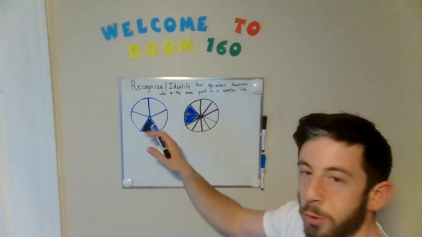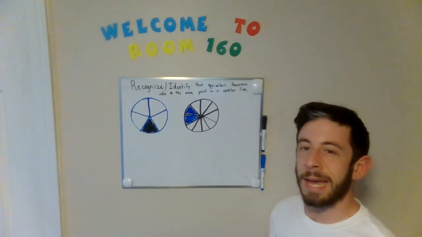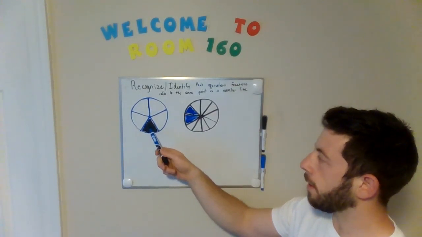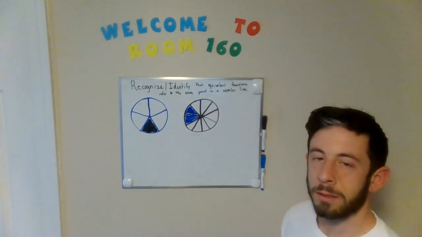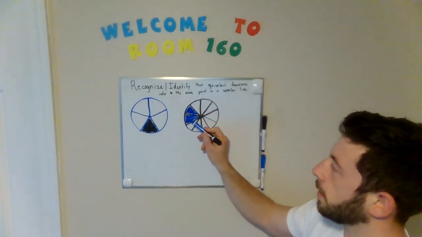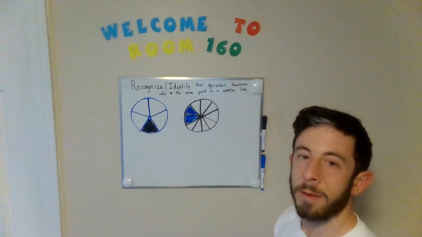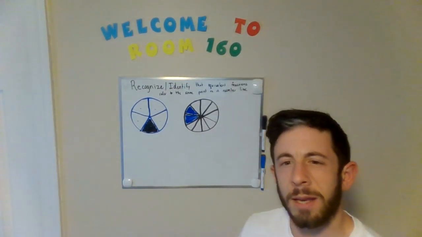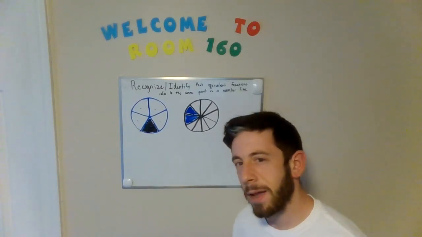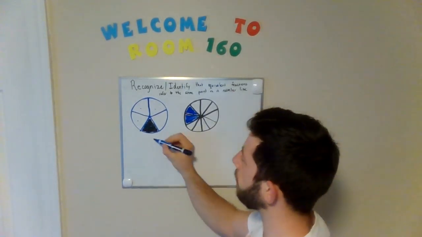So if you take a look here, I got two pizzas, right? Now, I want you to pause the video for a second and count. How many pieces of pizza are on this right here? And how many pieces of pizza are on this one right here? Okay, so if you counted correctly, there's 1, 2, 3, 4, 5 pieces here, but there's one part shaded. So if there's one part shaded out of 5 parts, think to yourself, what is the fraction going to be? Pause the video for a second. If you said 1/5,